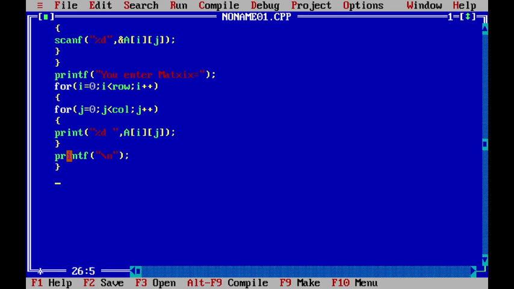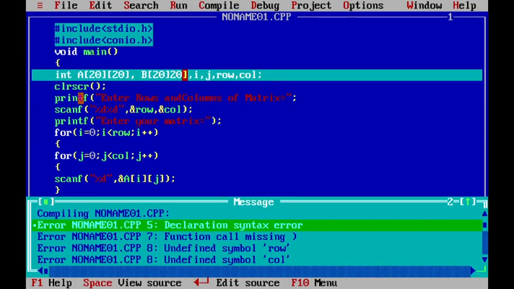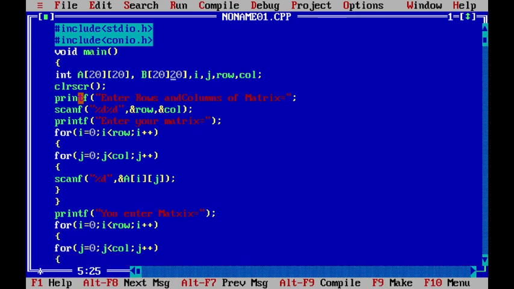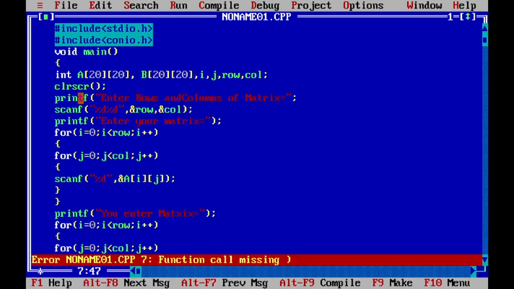Okay, now next, if you run this code, let's see, we just enter the matrix and display it. You can see here, sorry, here b[i][j], two errors are there.